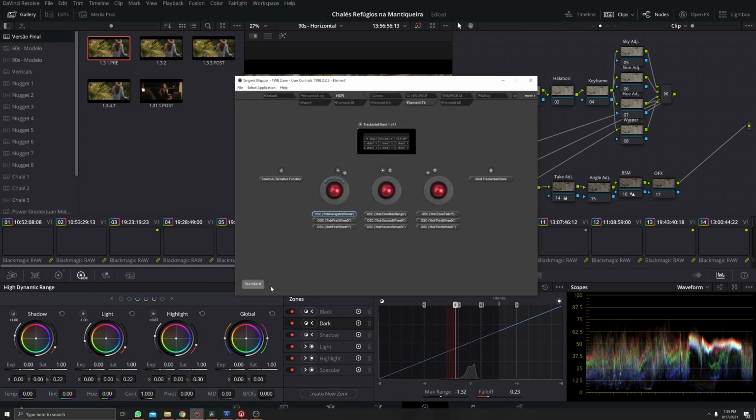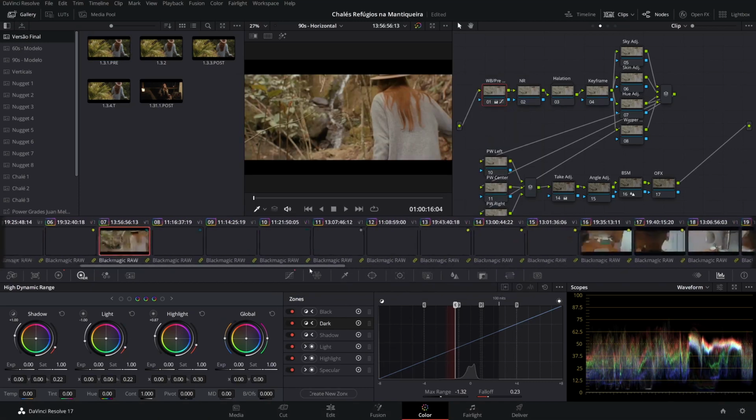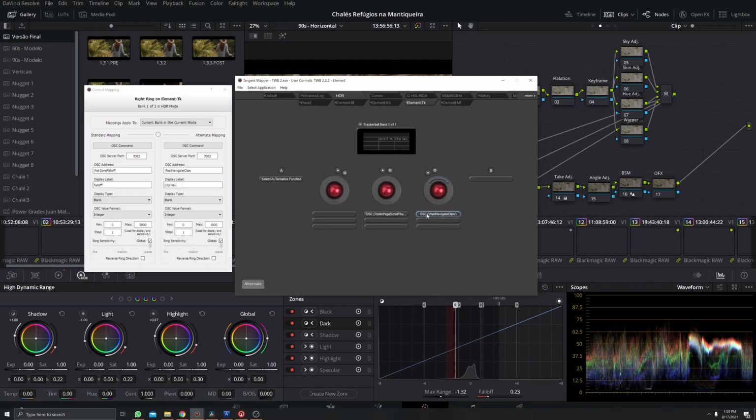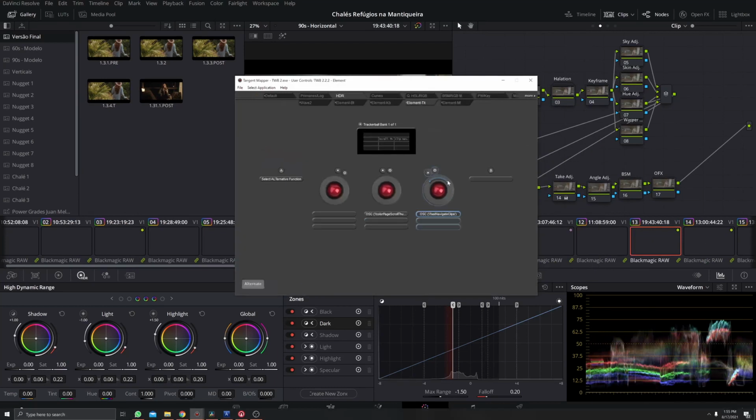Important thing that I forgot to say, doesn't matter in what mode you are, your alternate jog wheels in TK for the second and third will scroll the thumbnails here, and the third one will select the thumbnails. So you just turn this and will select each clip, and this will navigate fast, scrolling the thumbnails. Doesn't matter in what mode you are. On the TK panel, if you press alternate and move these jogs, you will do this.